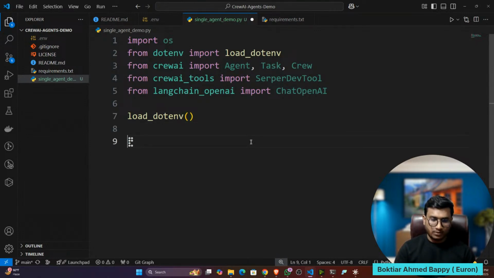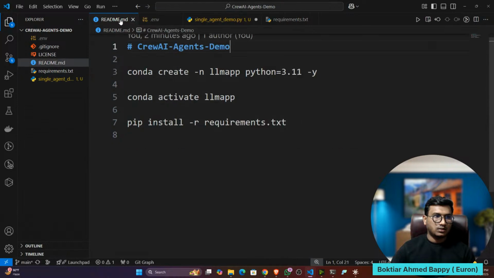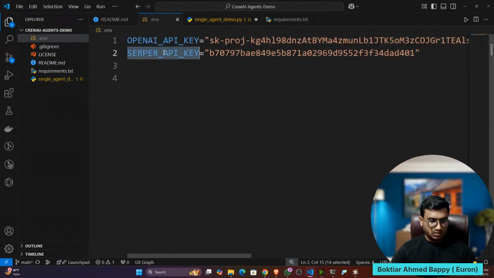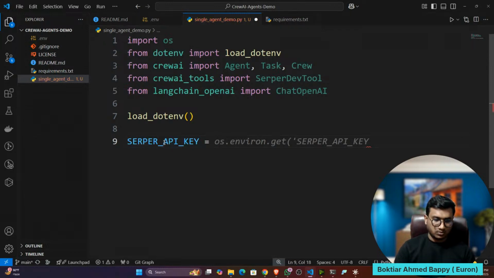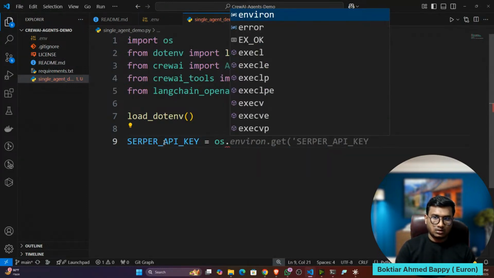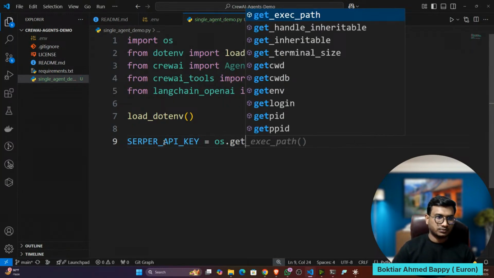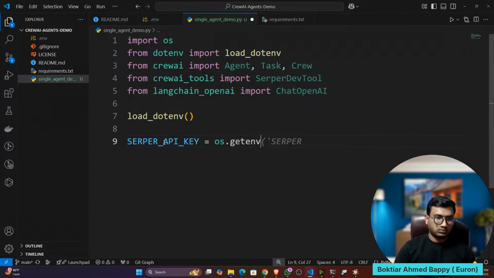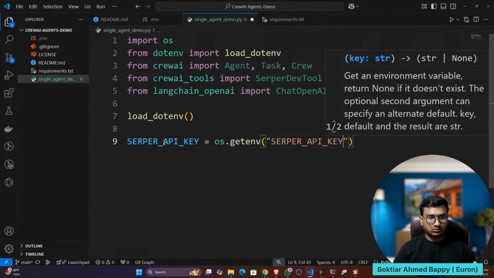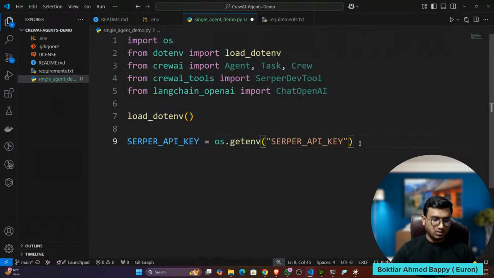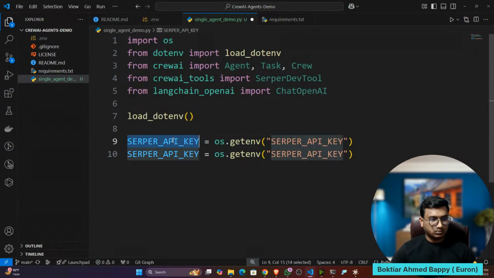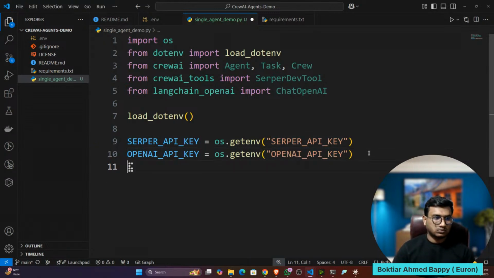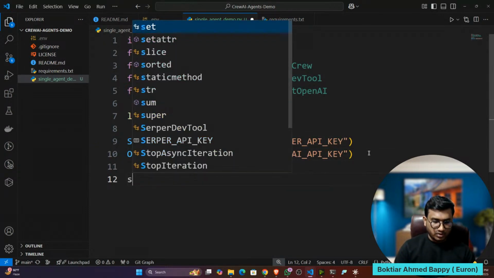Now let's load the env file, and I'll take the Serper API key and OpenAI API key both, equal to os.getenv SERPER_API_KEY. Then I need the OpenAI API key. Then I have to define my search tool.